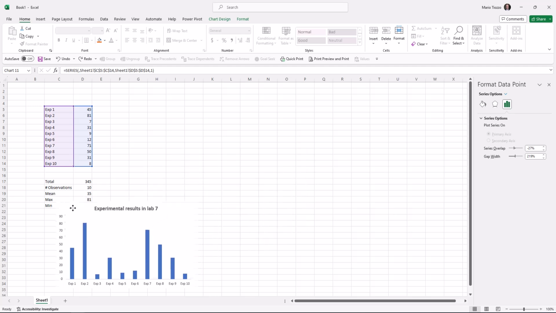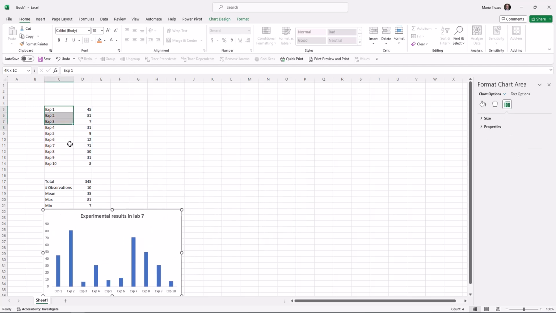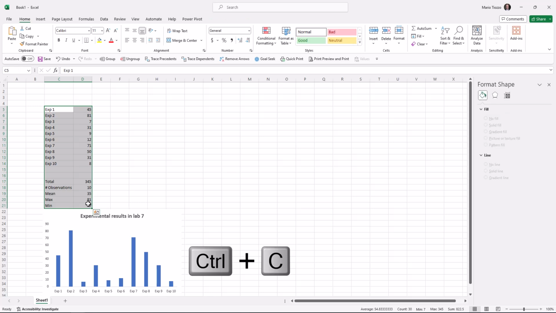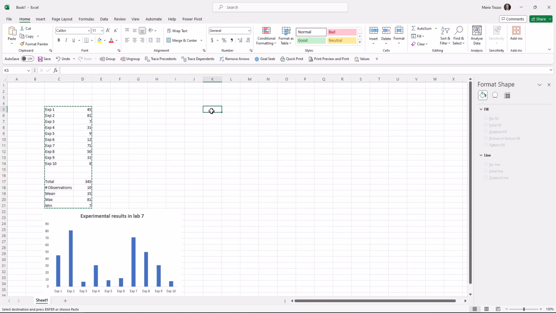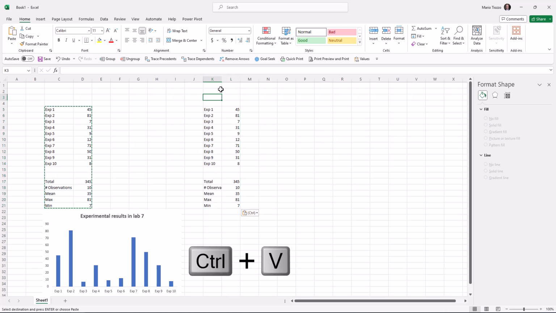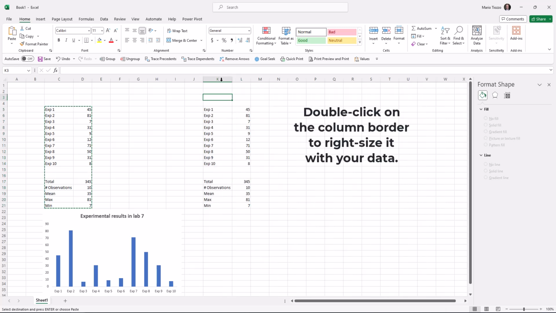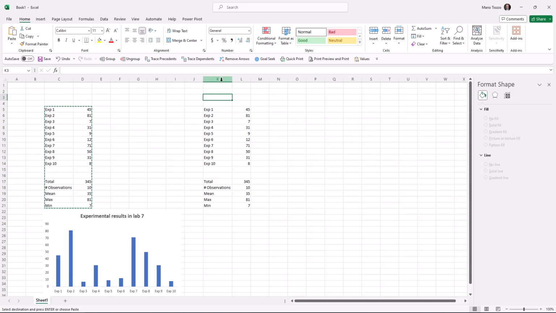Move this one down here for now. Let's copy and paste our data here and start again. Notice I used the keyboard shortcuts this time to copy and paste. I could have gone to the clipboard area of the Home tab and done the exact same thing using those